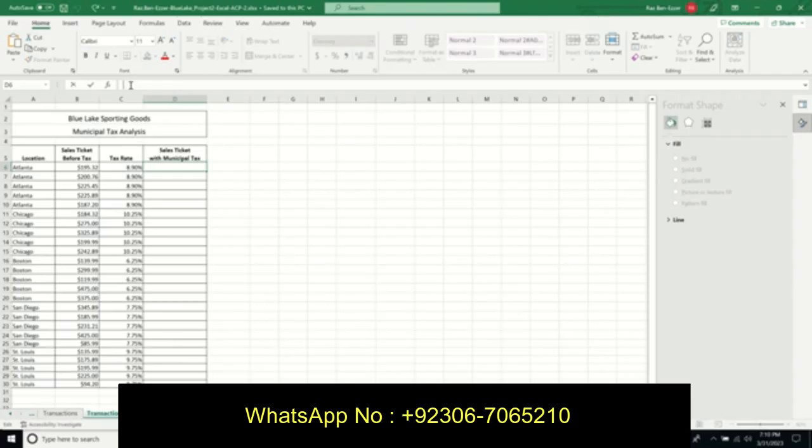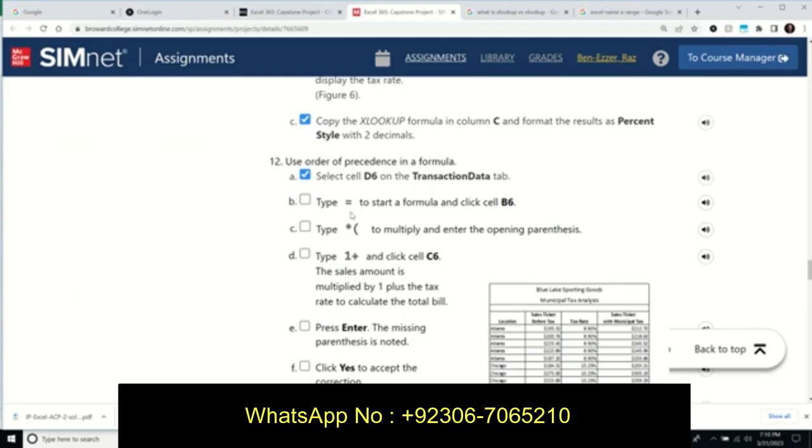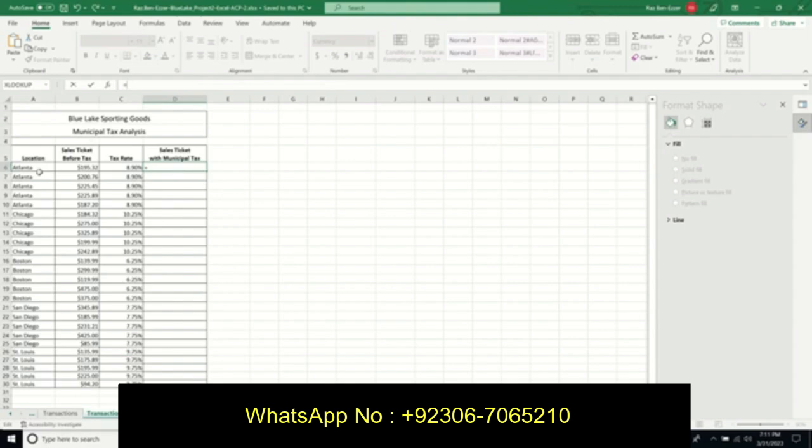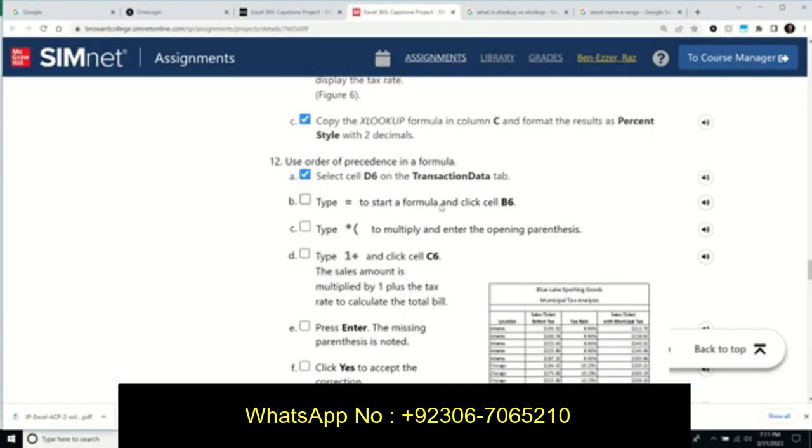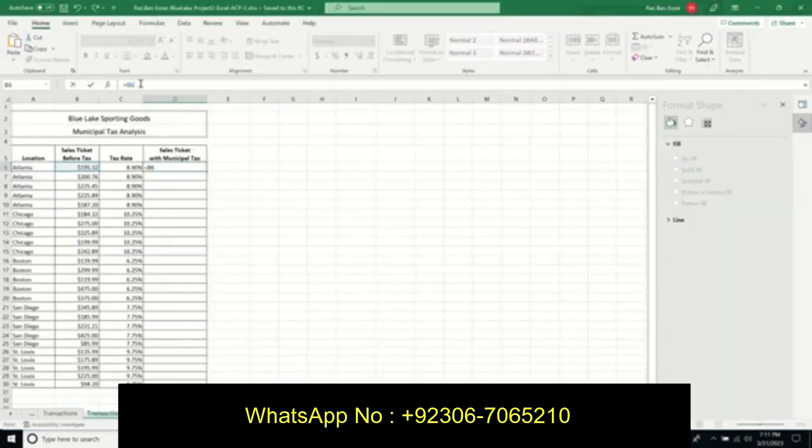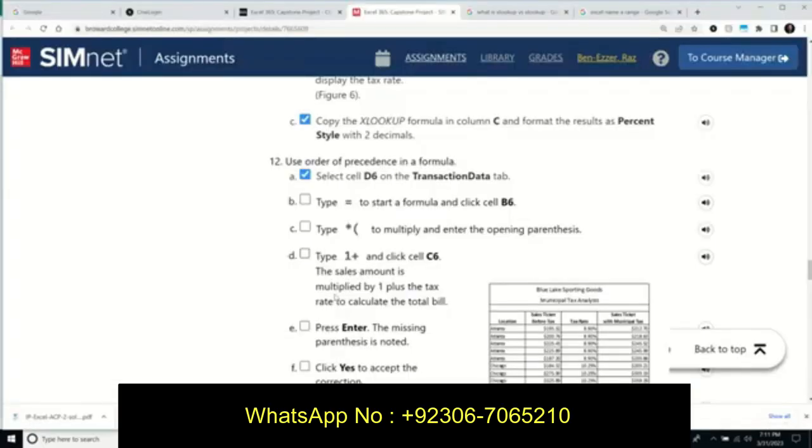We go equals, and let's follow the directions. Equals B6. I click the cell B6, which is how much I would pay. Then times, open parentheses, 1 plus C6. Type 1, type plus C6. Why 1 plus? Because you're still paying the $195 plus the tax, right? And what they're saying here is they're deliberately saying